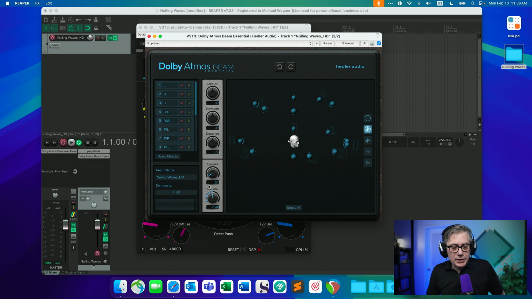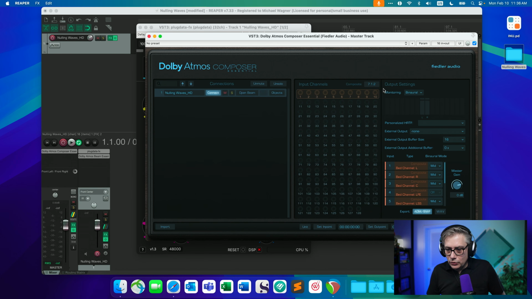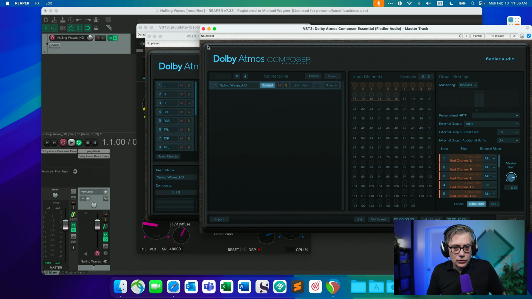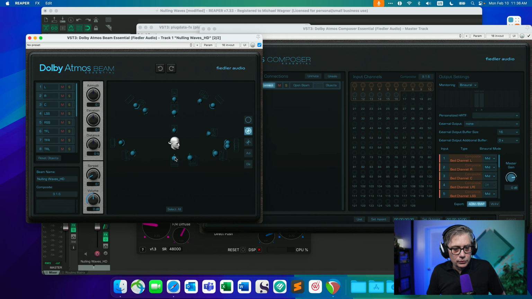Now, I'm going to make a couple of adjustments just to be on the safe side. First of all, in the Dolby Atmos Composer, I'm going to set this composite to 9.1.6 because I want to use 9.1.6. And then I'm going to go into the Fiedler Audio Beam plugin, and I'm just going to reset the objects here.